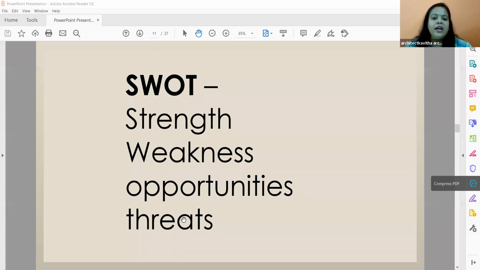And threats. The last one is the threat. So what are threats? When I say hospital, there shouldn't be any factories or any smoke-producing things around. So that you have to check. Is there anything making sound? So that you have to see. And whatever projects you are taking, whatever is negative for it will become a threat for that. So these are the points that you will note down after analyzing. These points will help you in designing your project in a better way.